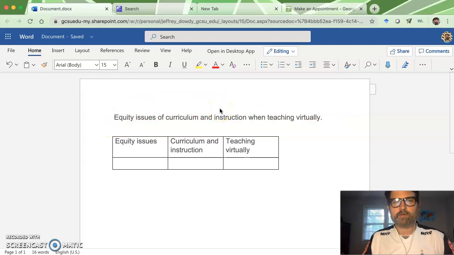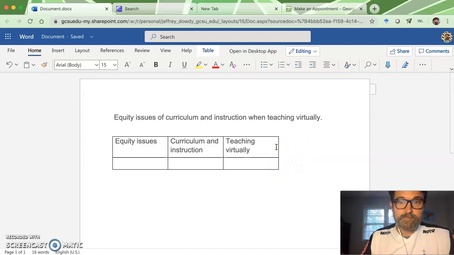when I first start out, what I normally like to do is to create a term table. So what I'll do is take my research question and translate it into topics within my question. Here I'm taking out the idea of equity issues, curriculum and instruction, and teaching virtually. Now, during class time, you may talk about these things, and you can borrow language from your class, from any readings that you might do, and place them in the appropriate column, or it might give you an idea of something that you want to add.